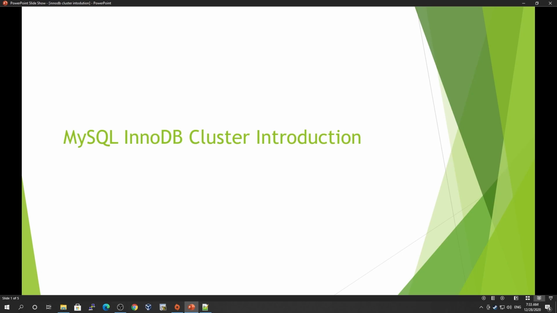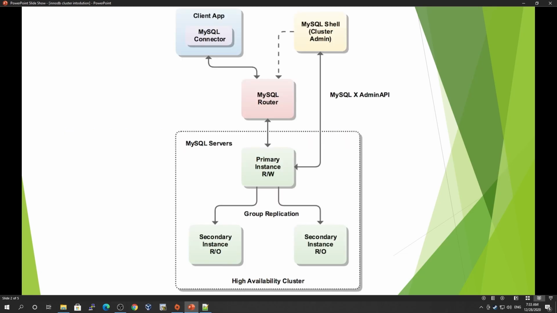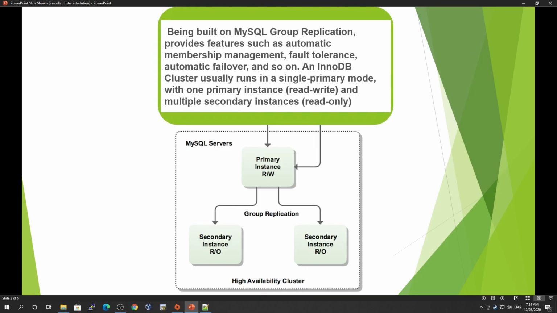So let's start with this tutorial, and this is an overview of the MySQL architecture. We have MySQL Shell as the cluster admin tool, and MySQL Router for load balancing, and this is where the MySQL servers reside, called the HA cluster. Internally they use group replication. So MySQL InnoDB cluster is based on group replication. It's not asynchronous replication, just like replica set. Replica set has asynchronous replication, and this one has group replication, which is why it provides failover like automatic failover. So this area is called the MySQL server HA cluster, and this is where